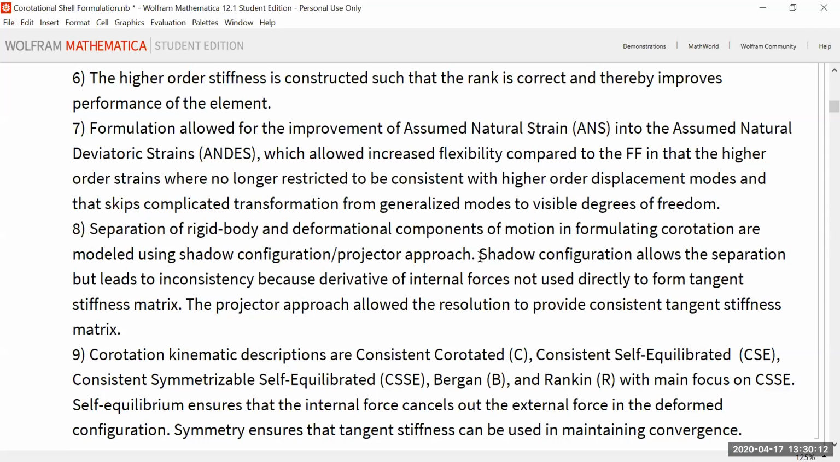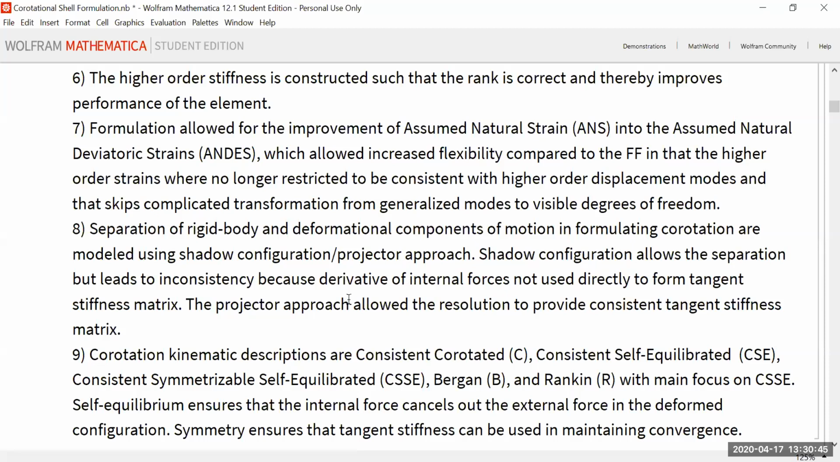And I mentioned this before, but when you're separating the rigid body motion from the deformation, what we're going to be using for the formulation is this shadow configuration and then this projector approach. So this shadow configuration, which I'll show you a figure for, is there because when you're doing a nonlinear approach, you're going to be solving the equations for the deformed configuration, but then you have the current configuration and then the deformed, and you also have this third configuration, which is the shadow configuration,